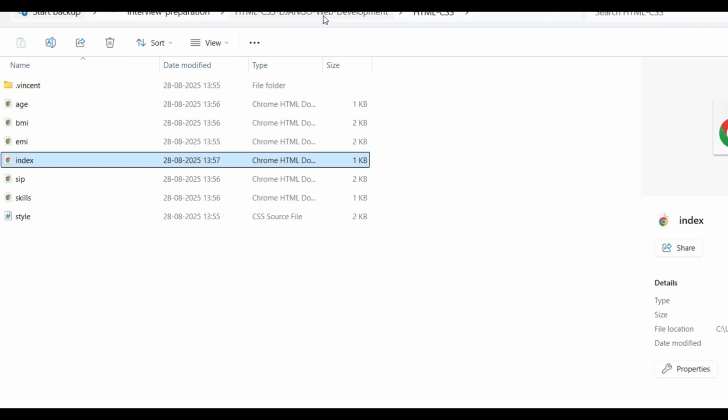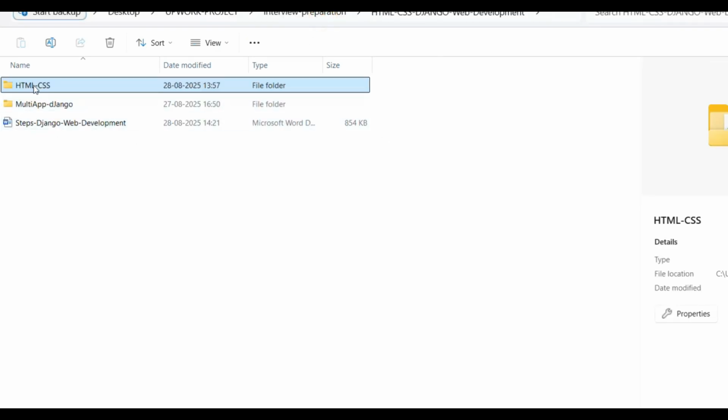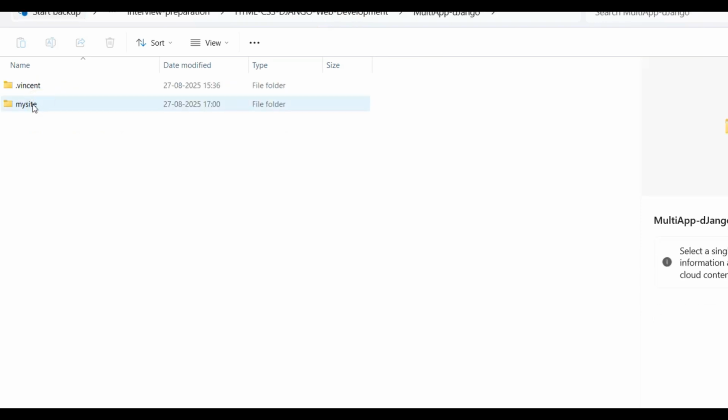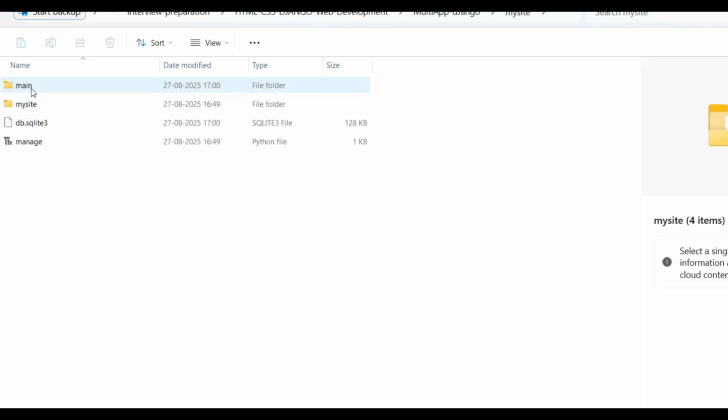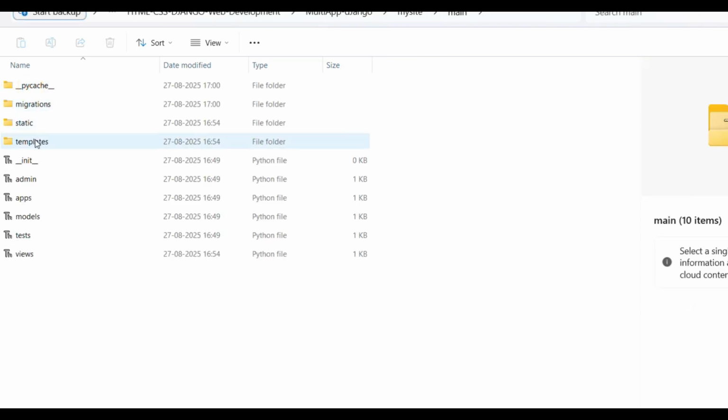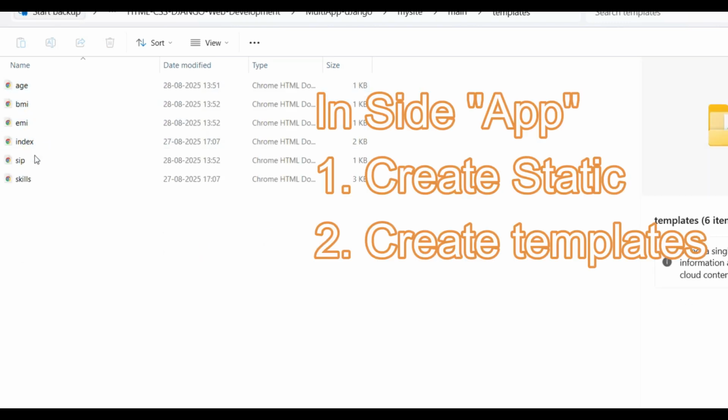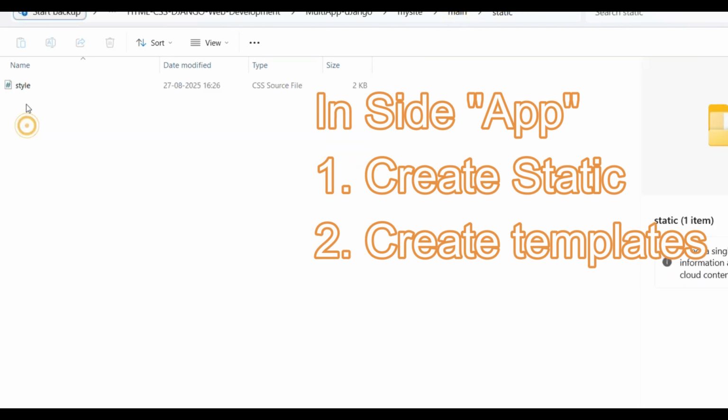Now what steps do I need to follow? Whatever HTML and CSS you have created, come over here under my site, main. You can create a templates folder and copy all the HTML files over here, then create a static folder and copy the style.css.